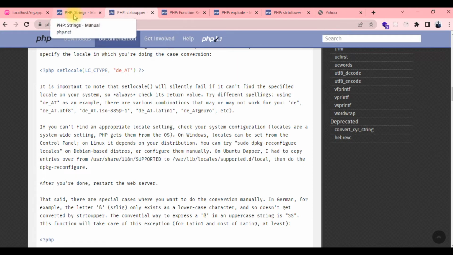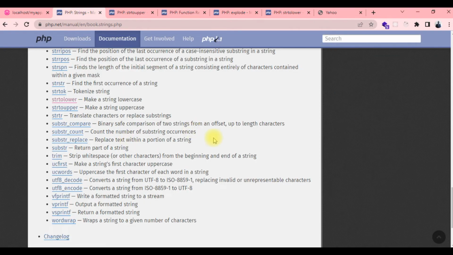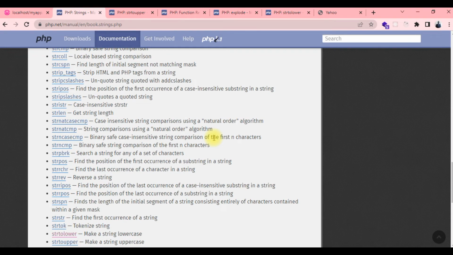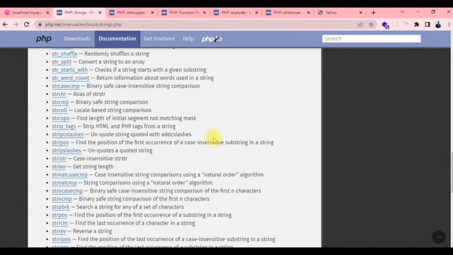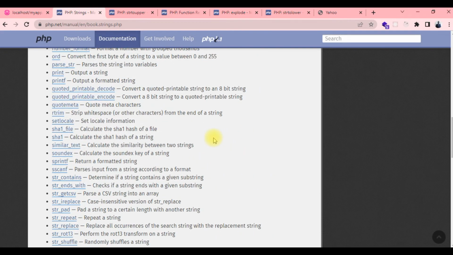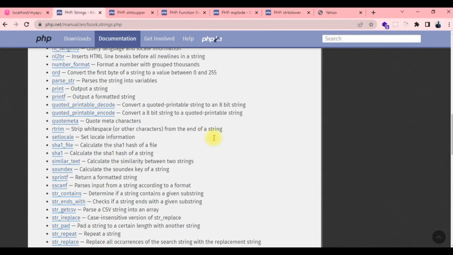Alright, so moving on, we are going to talk about some functions that we may have to come across in our daily activities, such as string to lower, string to upper. We have some other ones that we can talk about here, such as